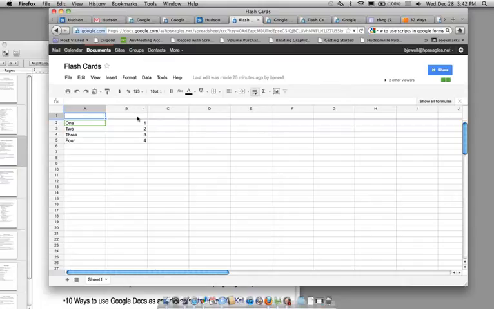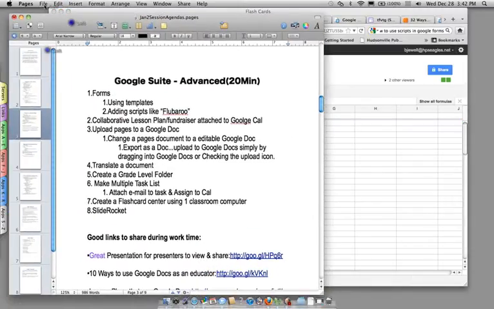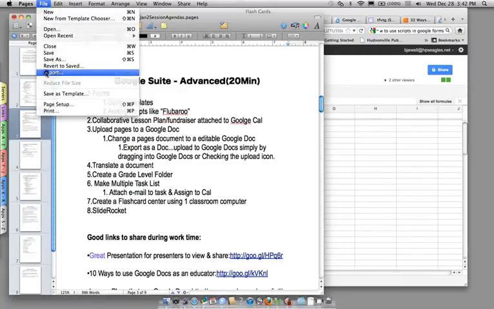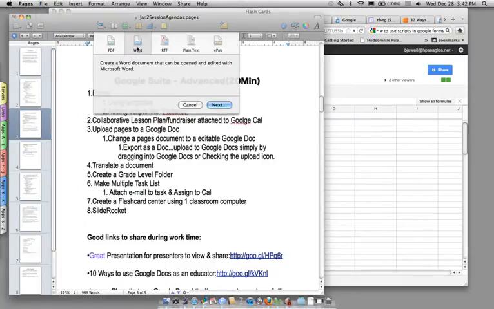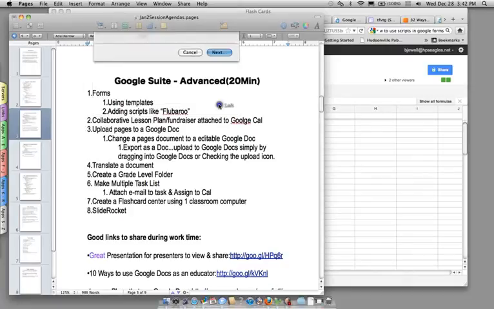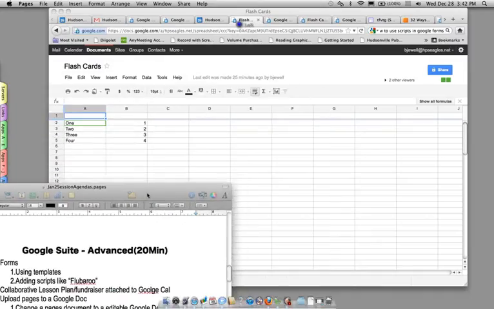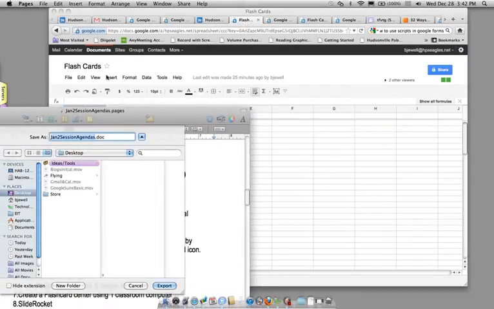Uploading pages to Google Doc, as far as Pages software, Apple Pages. One way to do that is you have to have a Pages document opened, and you're going to do a file export, and you want to do it as a Word document, and export that to Word. And I'm going to put that on the desktop,